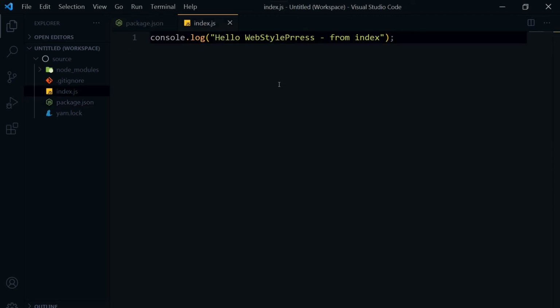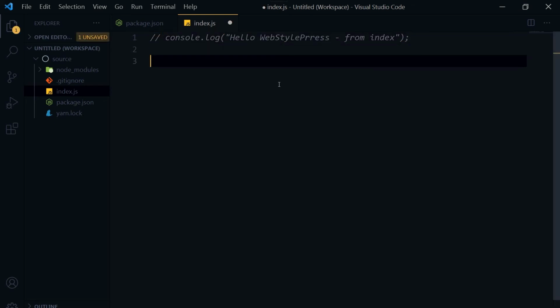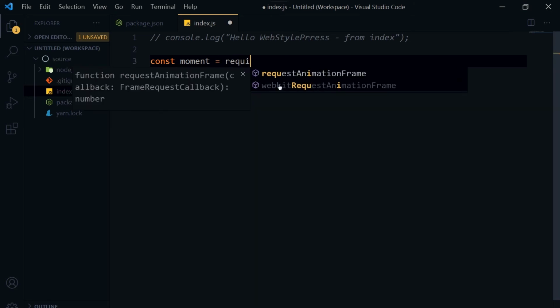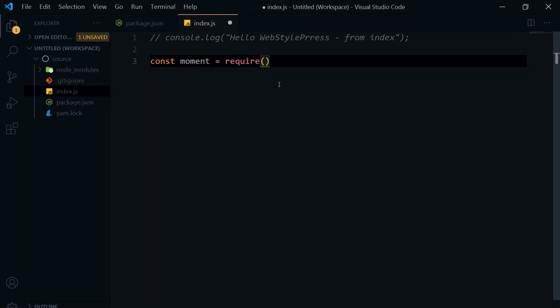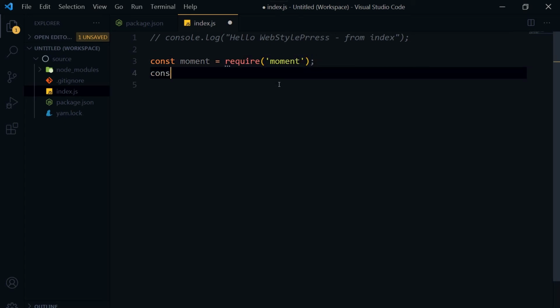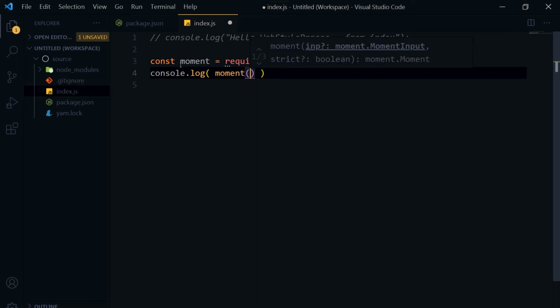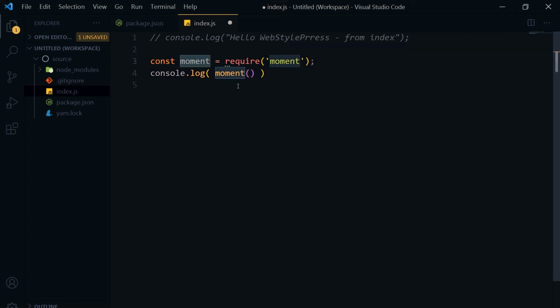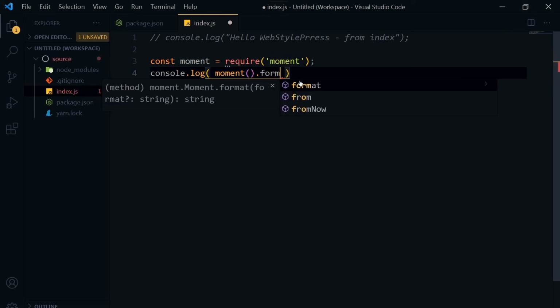To use the moment package, define a const by any name, require moment, and then console log moment. Now we are using it. We defined it, now we required it, now we are using it. Moment dot format